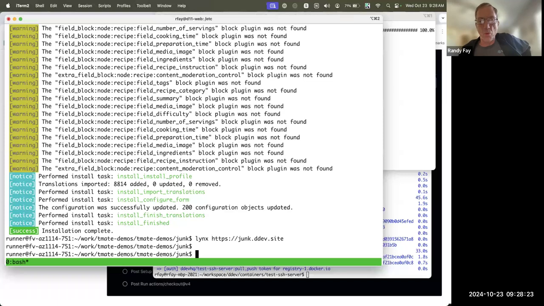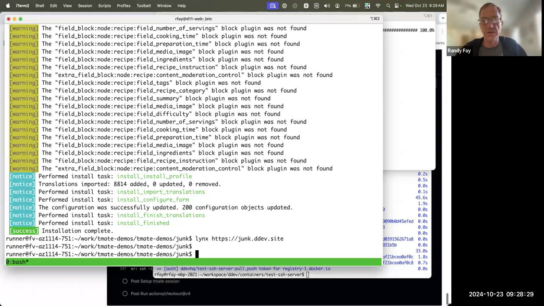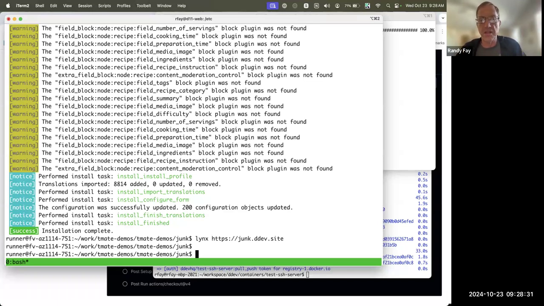But I can examine the website. I can curl the website. I can do all the things that I would want to do here in order to debug this live. And then when I'm done,